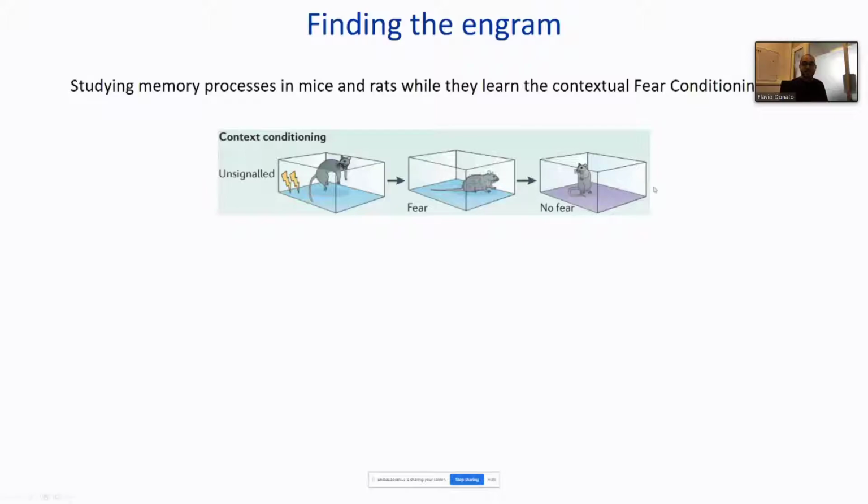This is something that Vilde is going to talk more about in the afternoon. I'm just going to highlight the principle. You basically introduce a mouse into a room, into a chamber that would be neutral. The mouse would explore and run around, and you will see how very comfortable they are when you put them into this chamber. But at a certain point, in an unsignaled way, you give a foot shock. So the grid, the base of the room, is actually electrified. So you give a foot shock that, of course, induces a pain reaction in the animal.